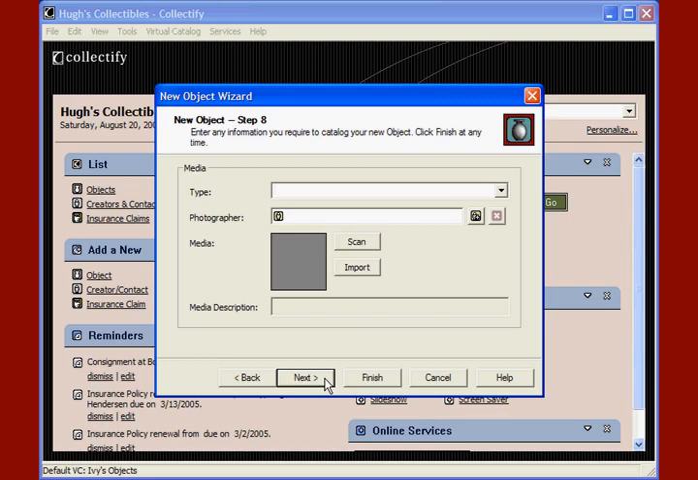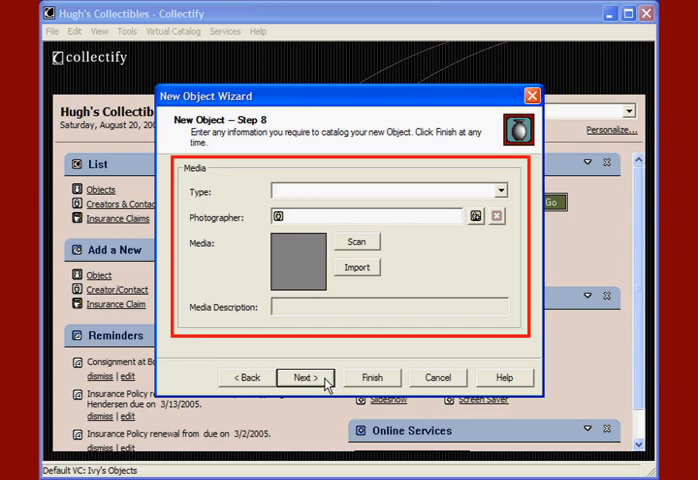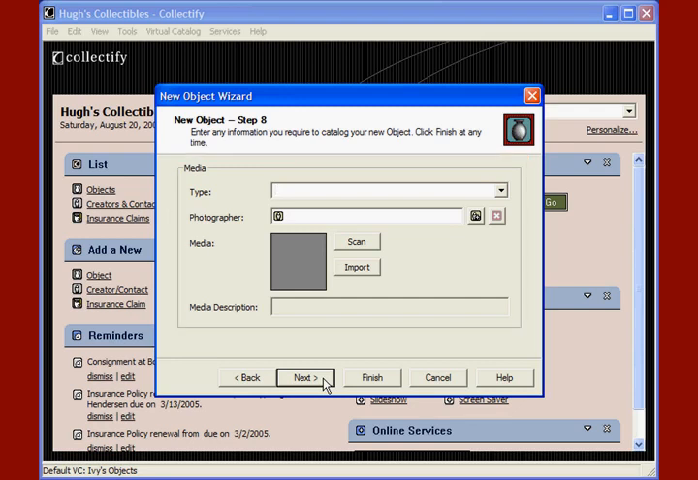The fields on the Media screen allow you to link the object to a picture, an audio file, or a video. If you don't have an image handy, don't worry, you can always add it at a later time. We'll add a JPEG image of the sculpture to the collection. To identify the type of media, click on the downward pointing arrow next to the Type box and select Digital